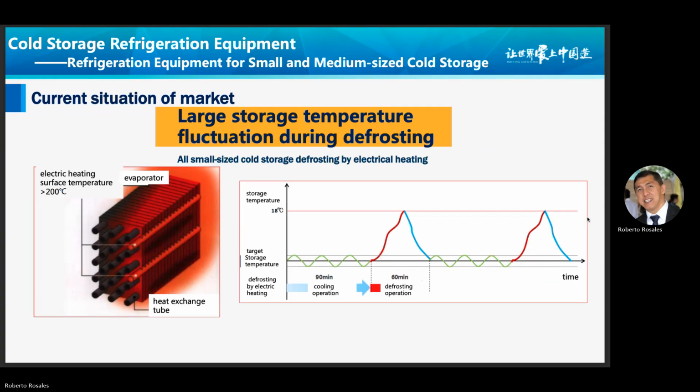Current situation of the market: it also has large storage temperature fluctuation during defrosting because it uses electric heating with a surface temperature of more than 200 degrees C. So,